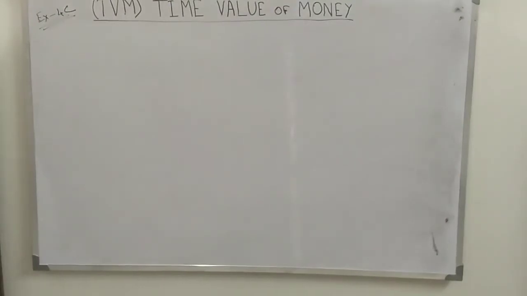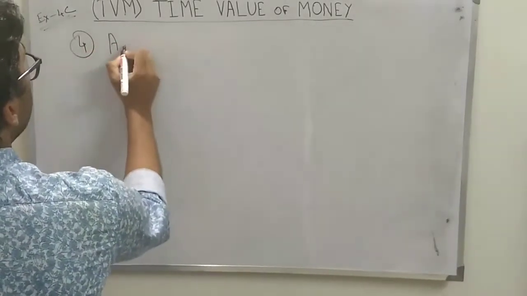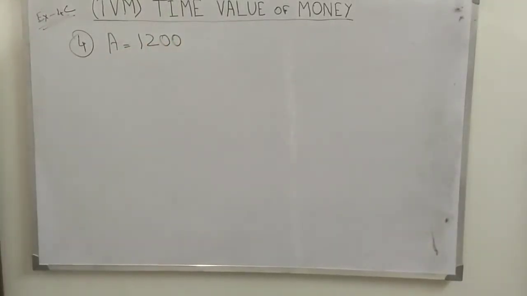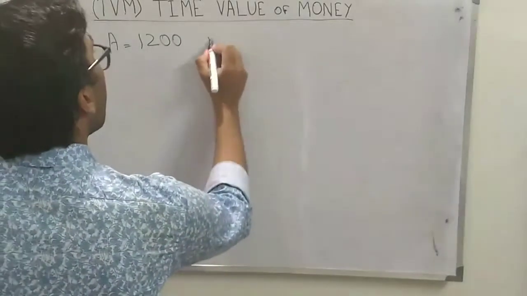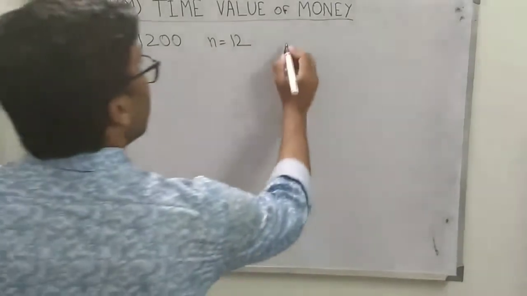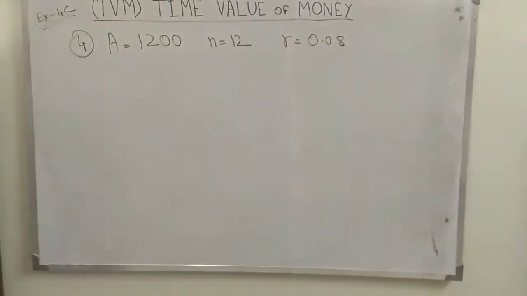Now question number 4. See, in question number 4 it is said that A is equal to 1200, N is equal to 12 years, and I is equal to 0.08. R, whatever it is, same. We have to calculate the V, that means the present value we have to calculate. But they have said that using the formula